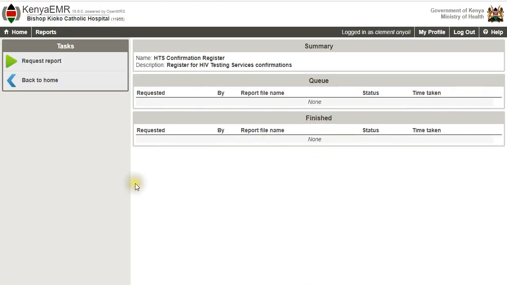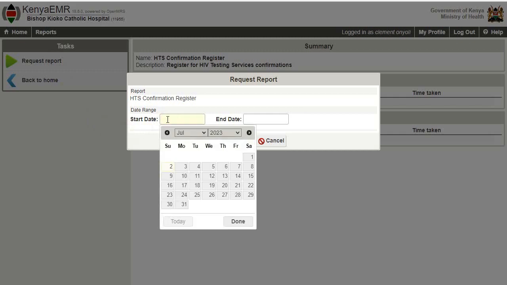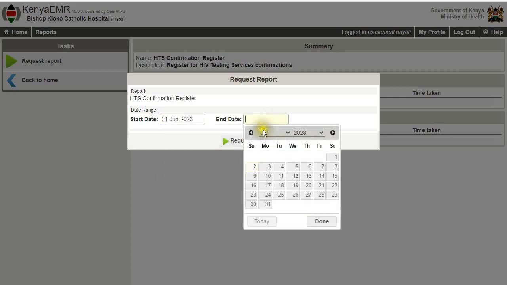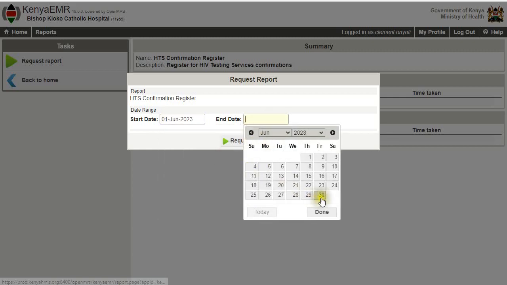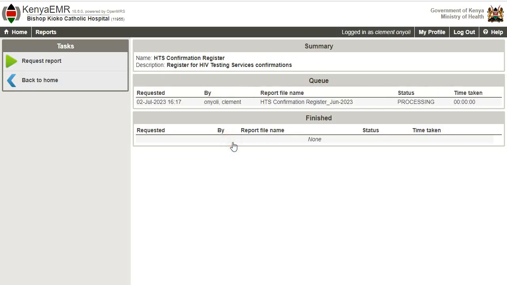Now we go to request report. Then you put the duration. Maybe you want for the current month or last month. So today we shall be looking for data for June 1st to the end of June, that is 30th, 2023. Then you go to request report. It will take a while